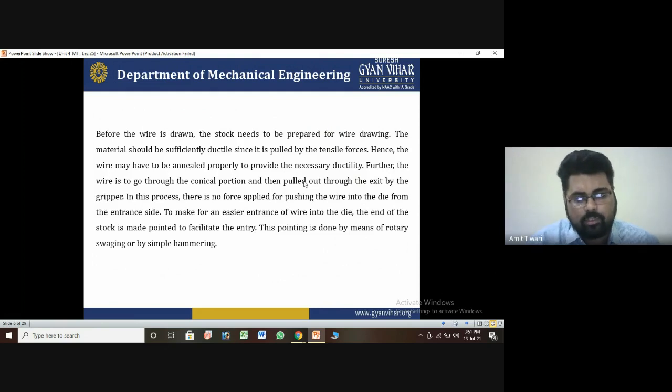So to make that easier and faster, we make the stroke more pointed for the facility at the entry time. These are some techniques which we adopted, and which are now very popular for understanding the various phenomena of the material. Most of the time, this type of drawing is fabricated by workers working in the pipe, to make the wire drawing easy by applying a force, like the tensile force.